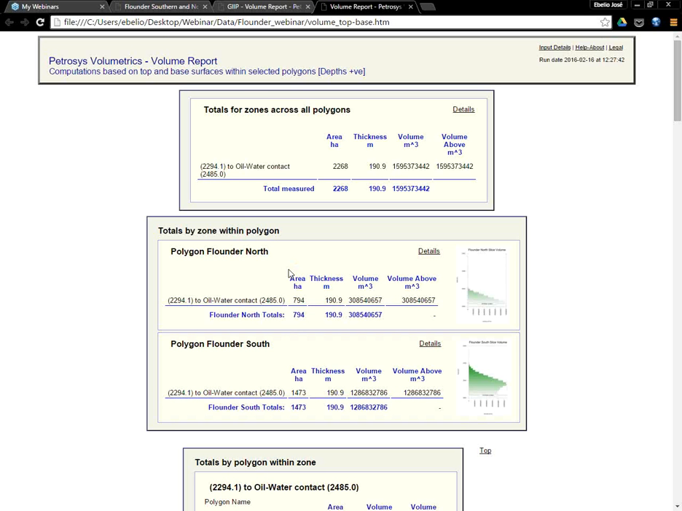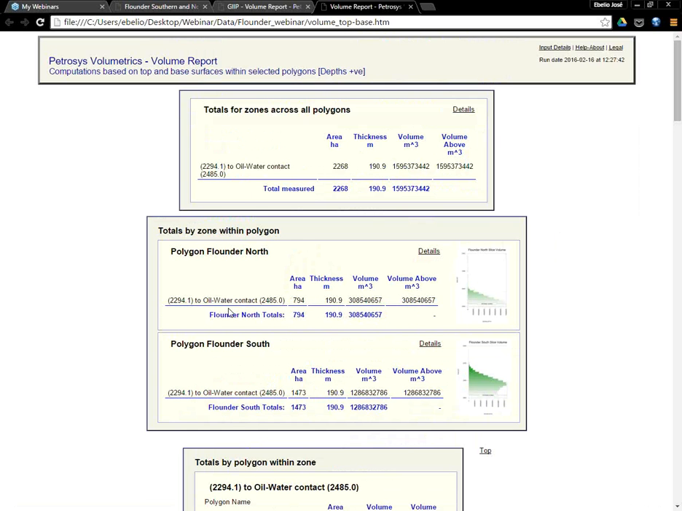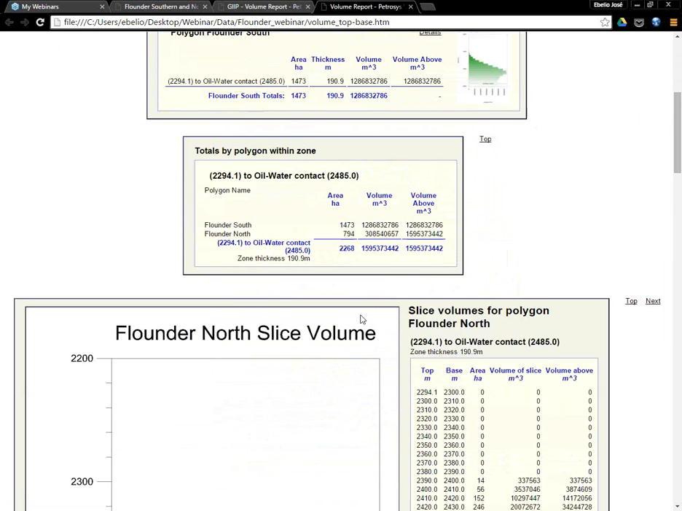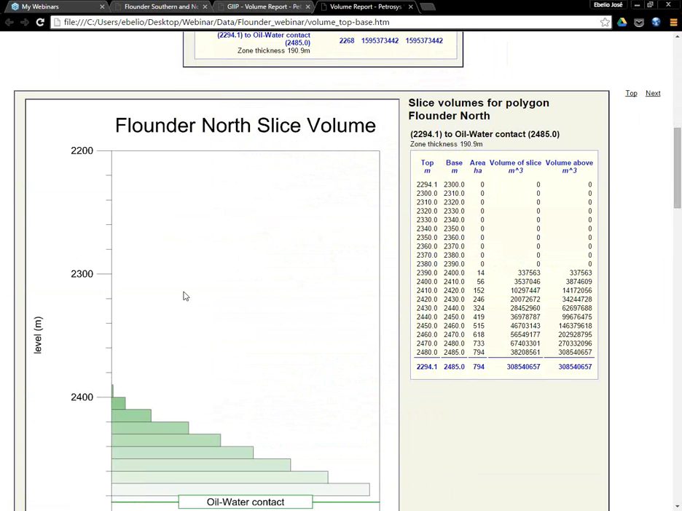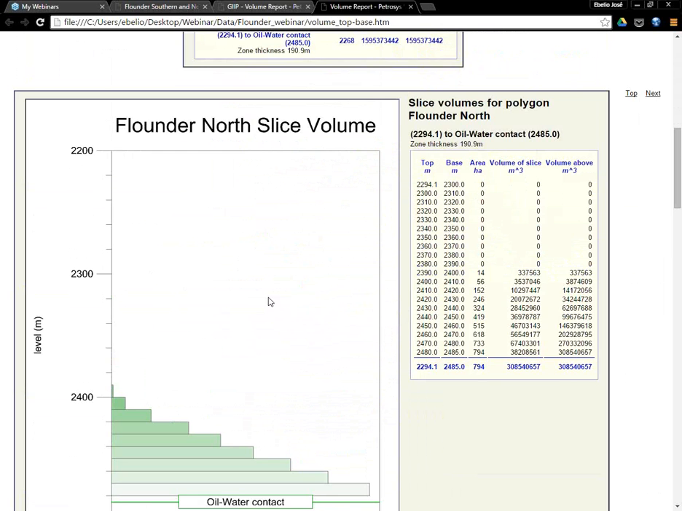Okay, so this is the final report that we get. So it's the same structure as already mentioned. We have the total volumes, the volumes per polygons, and the volumes per sum, and then the detailed graphical and numerical report. So we have the north one